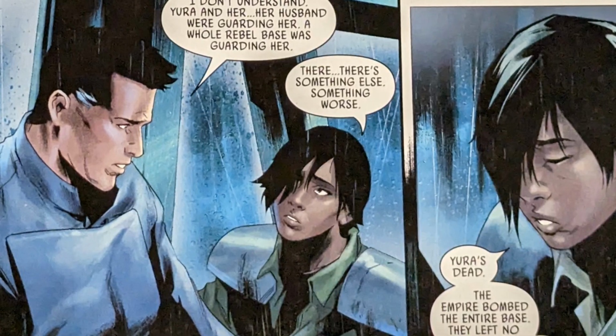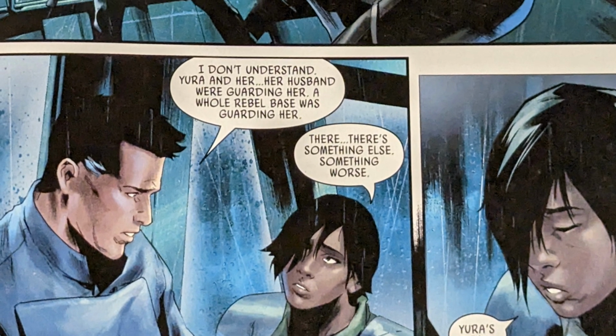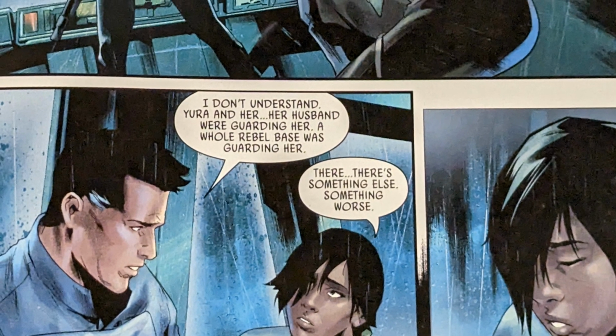So we got that team that's going in to try to take out the Crimson Dawn team, who, unbeknownst to Beilert Valance, is his old comrades, led by Tonga, with Bossk, with all those other dudes. So they come together in that last issue, and that's when Tonga comes face to face with Beilert Valance. So that's where the flashback comes in, because it's giving them kind of that, oh my gosh, what's going on here? So we open up to that present day time, and that's when Tonga lays it all out to Beilert